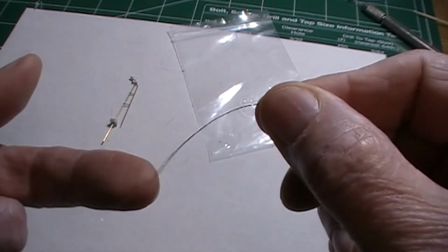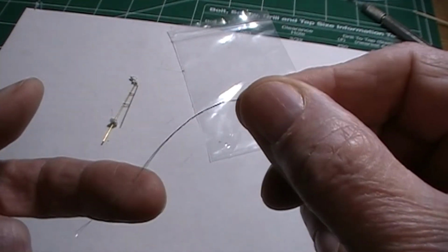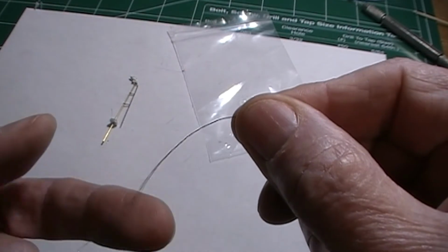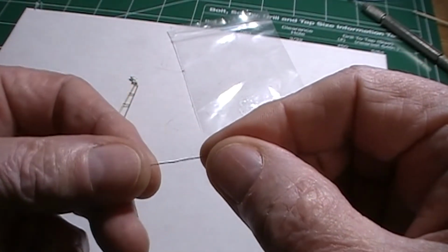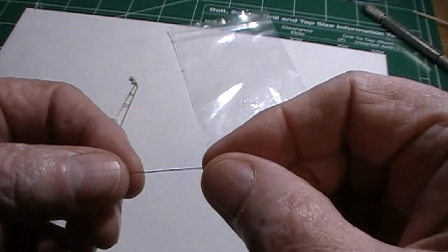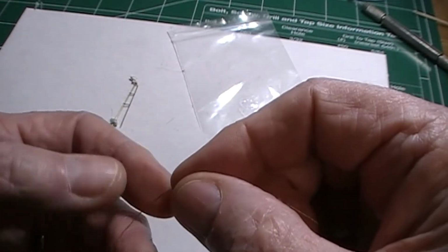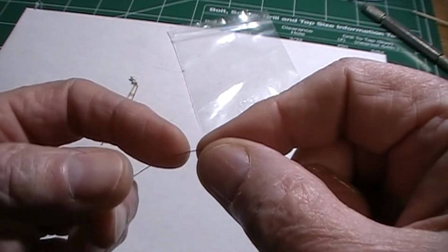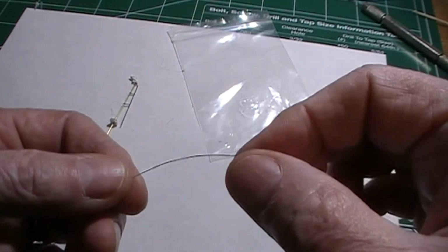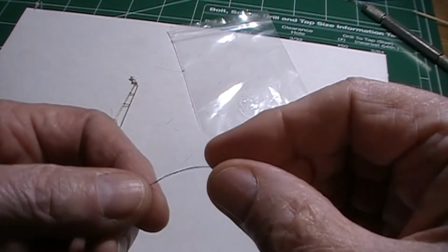they're undone, and trying to feed these down through the center of the tube it becomes very difficult. I spend anywhere from a half hour to an hour trying to get these things in there. I have found that I have some very thin CA glue. Make sure it's thin, and right here where they start to become twisted, I apply just a small amount, and then I take the diagonal cutters and cut that off, and it becomes much easier to slide that